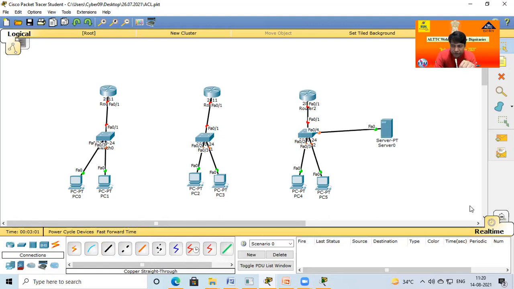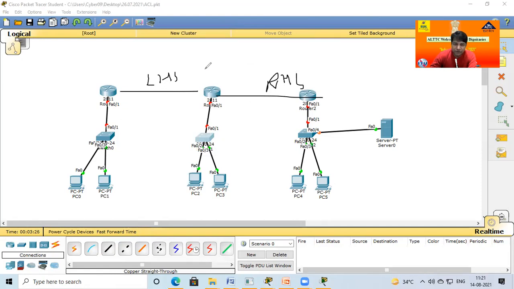Now one issue is here, because this router is a 2811 series, so it has only two FastEthernet ports. For the middle router there is one issue, because one port is already used, but here we require one communication port for the left-hand side router and one port for the right-hand side router. But it has only one port. So in this case, we require an additional port in this router.